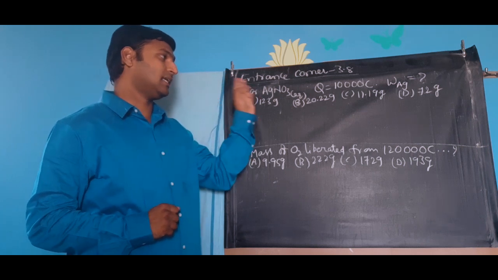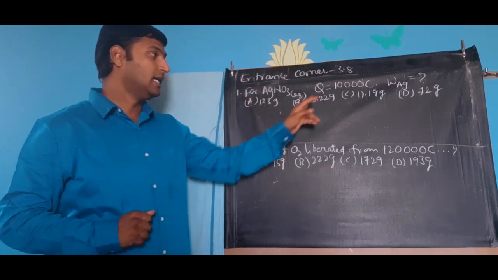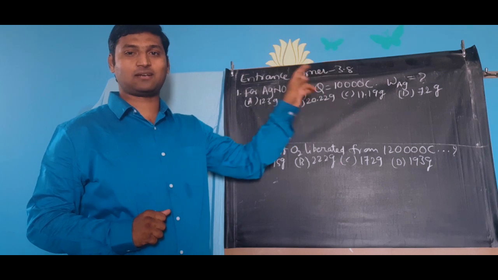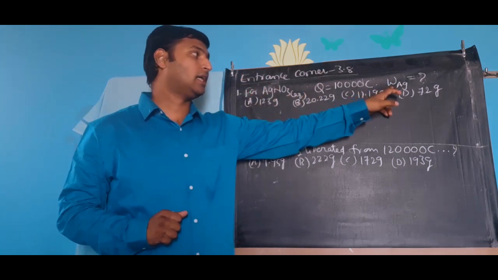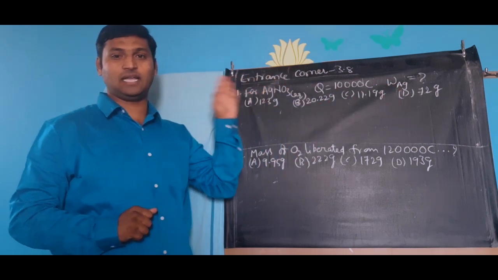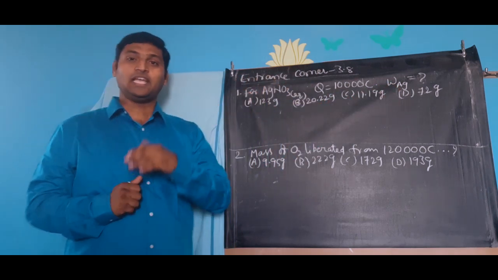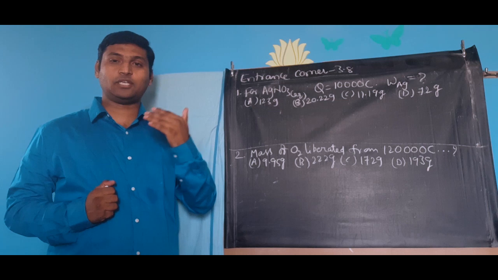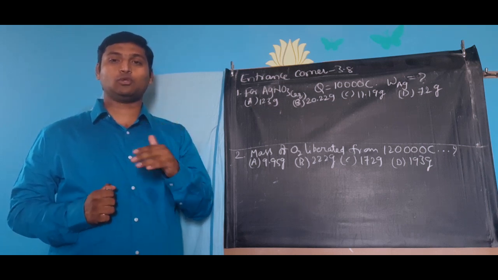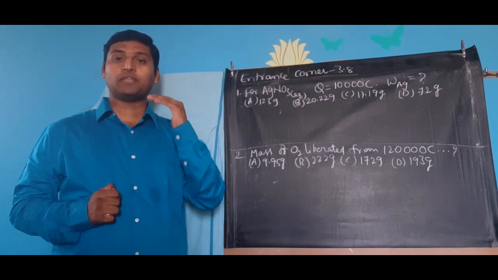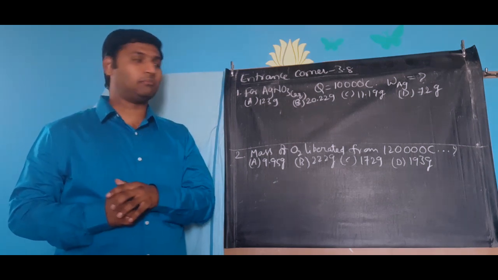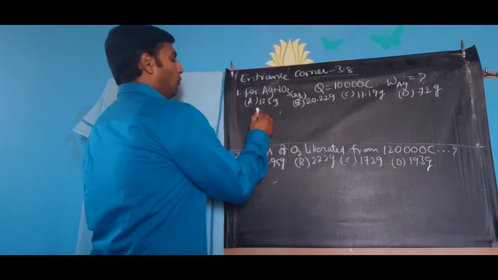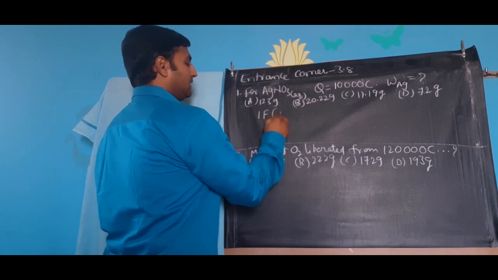For aqueous silver nitrate solution, 10,000 coulombs of charge is passed. Then what is the weight of silver deposited is the question asked. If you recollect the derivations we made when I was teaching you quantitative aspects of electrolysis in the last class, you can easily remember that 1 Faraday, that is